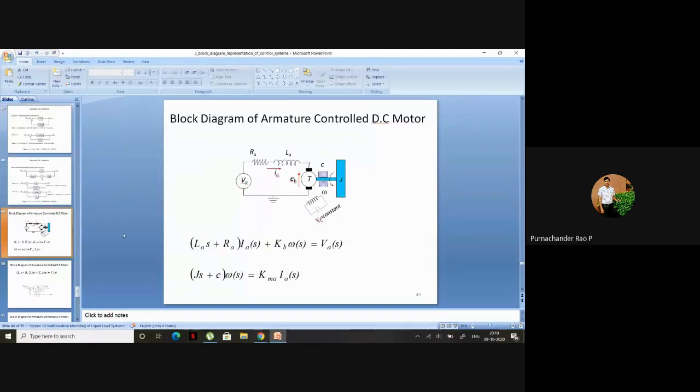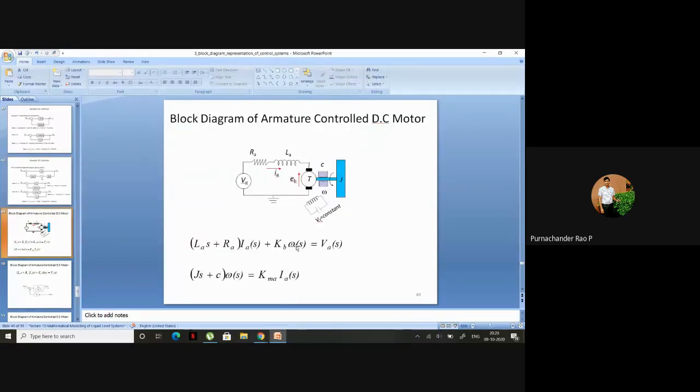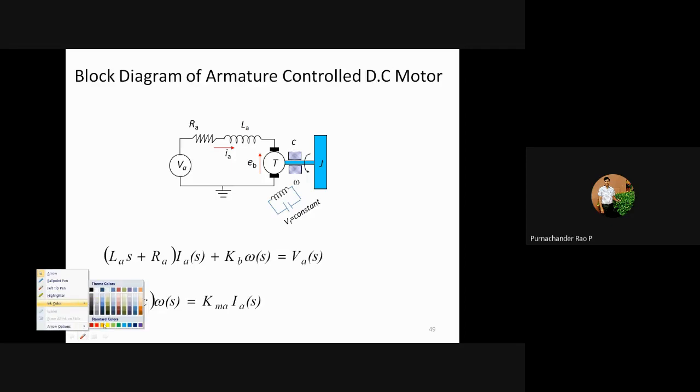Okay, so this is a block diagram of an armature controlled motor. Okay, so this is also a DC servo motor. So the armature will have this circuit equation of this one. Okay, so VA of S is equal to RA plus LA. Normally we'll write this as VA is equal to RA IA plus LA into dIA by dt